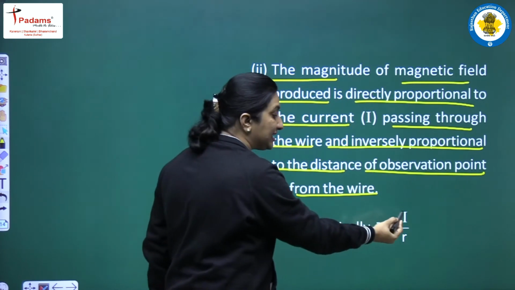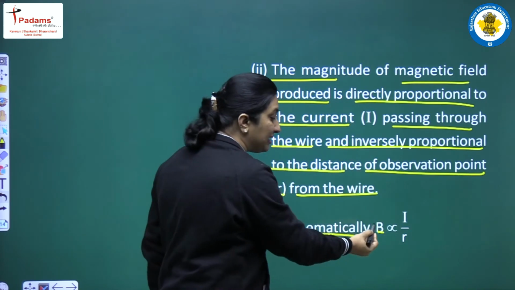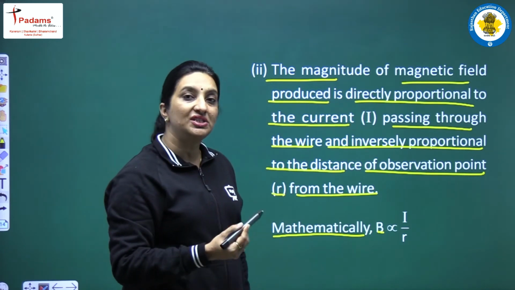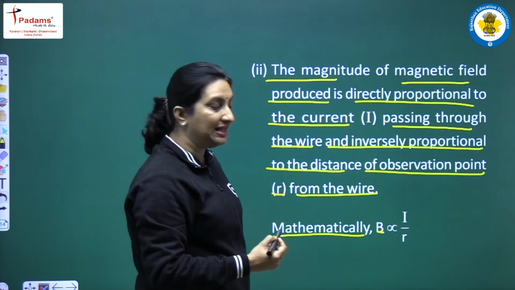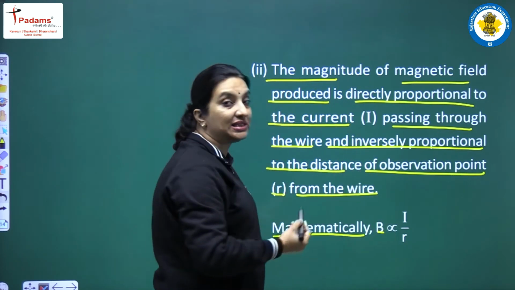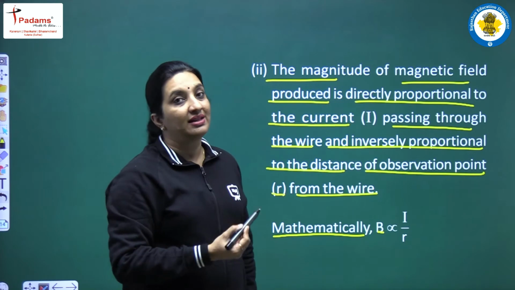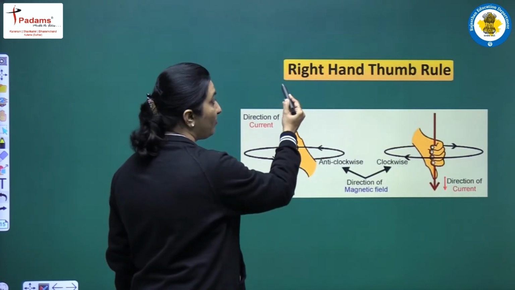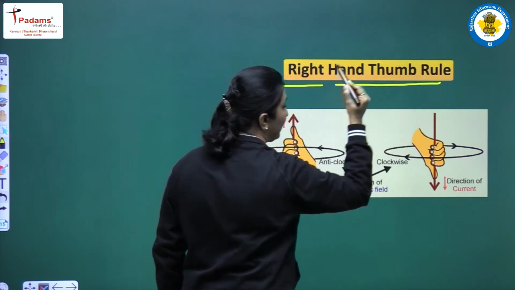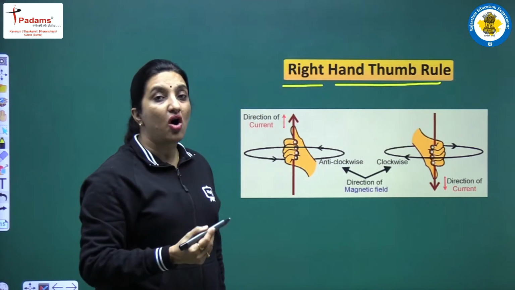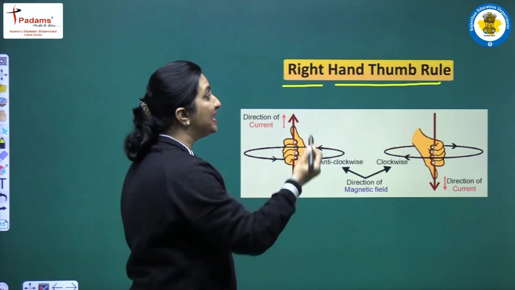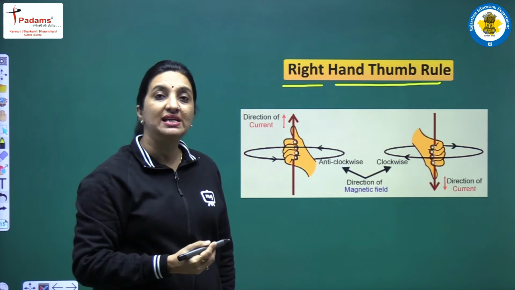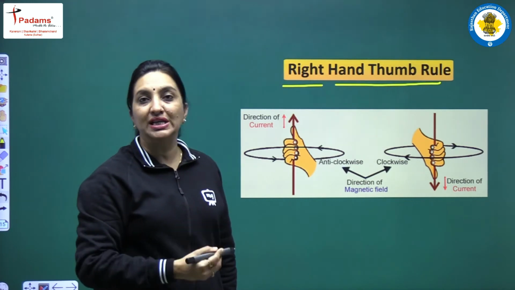So if we increase the strength of the current, then the magnetic field hence produced will also become stronger. That is, the strength of magnetic field will also increase. And if we increase the distance from the current carrying wire, then the magnetic field will reduce. So students, right hand thumb rule gives us the direction of magnetic field. That is, this is a rule which gives us an idea about calculating the direction of magnetic field produced by